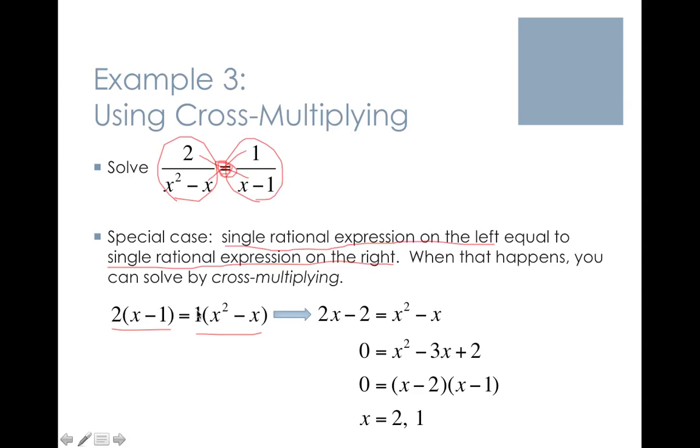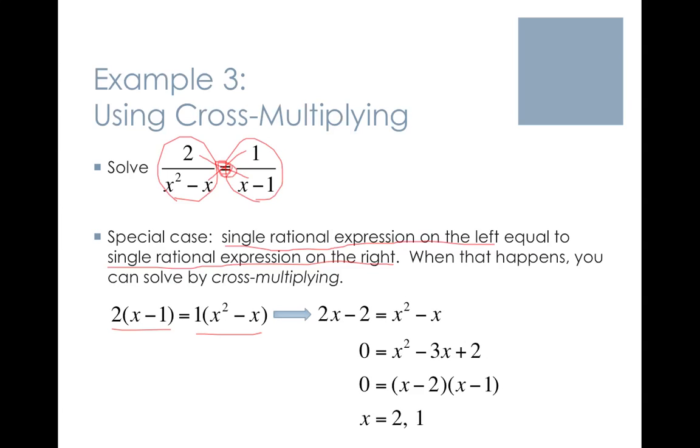I distribute the 2 to get 2x minus 2. I don't really need to distribute the 1, so I'm just left with x squared minus x on the right side. And again, because we're now looking at something with a quadratic term in it, I want to solve it as a quadratic, which means moving everything to one side and making it equal to 0. So I end up with 0 equal to x squared minus 3x plus 2, which factors to x minus 2